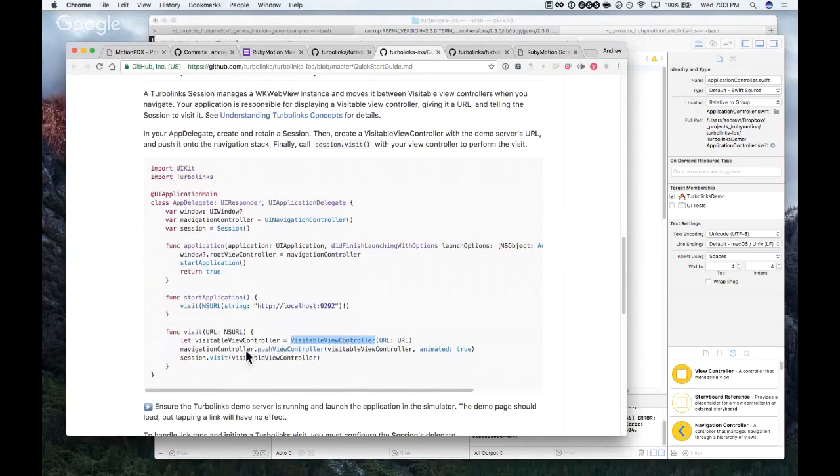So it sets up this view controller, and then pushes it onto the navigation stack, and then calls session.visit. Where did session come from? Session's up here. So it's initialized when this is. Okay, and the visit takes the view controller for the visit. Yep. So I think we can start with this sort of thing here.